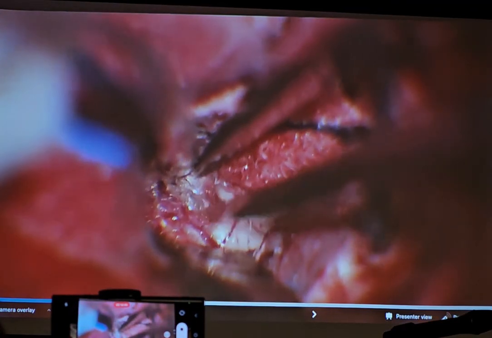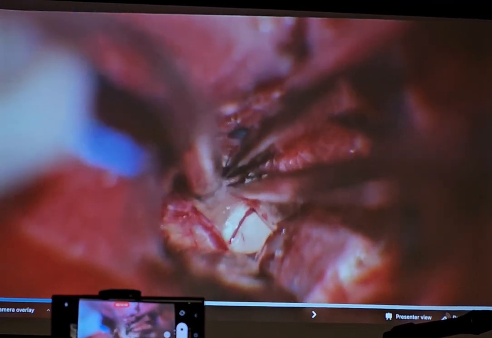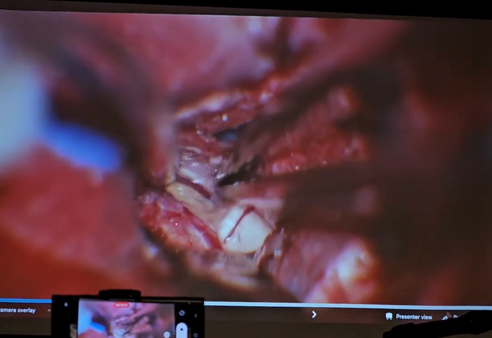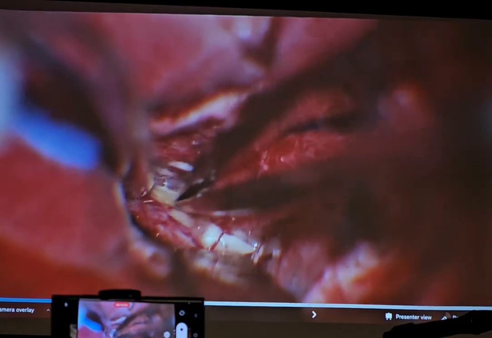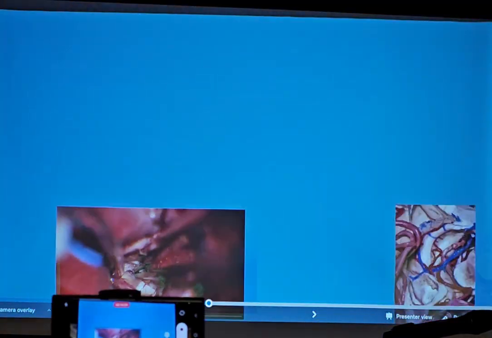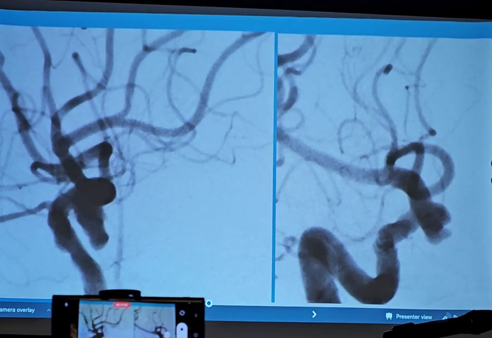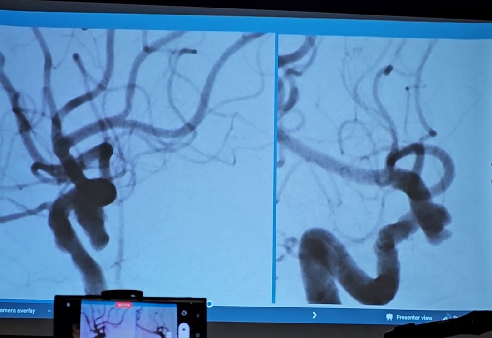So this is just the operative view of getting through the temporal horn, displacing the choroid plexus and the anterior choroidal vessel to get to what turned out to be a carcinoma in the thalamus. So that balance with the telencephalic, diencephalic, and mesencephalic areas is important to look for when you're treating anything in